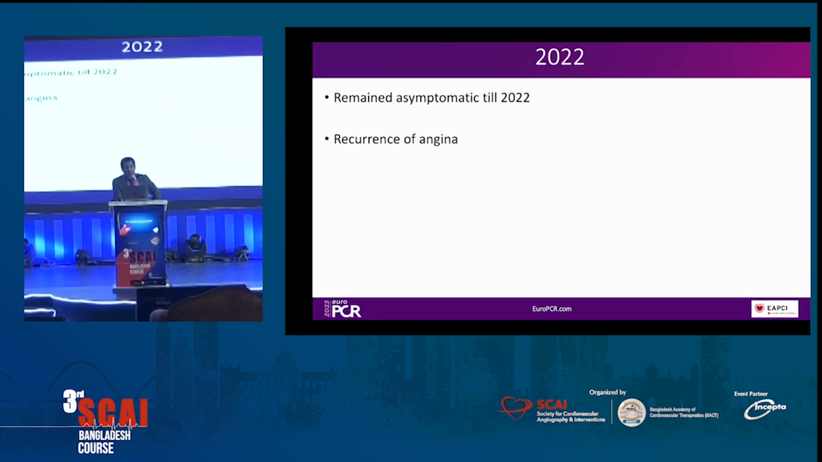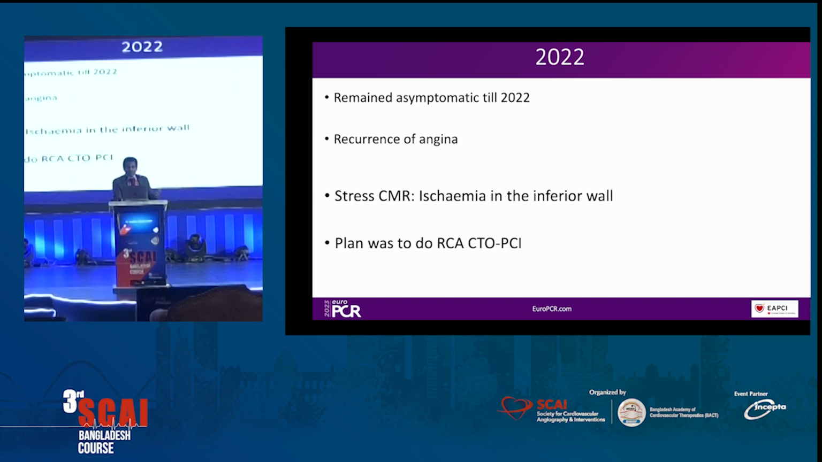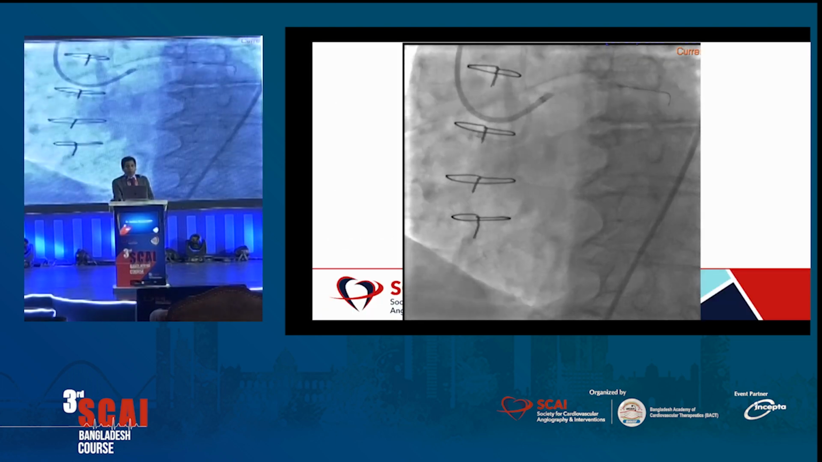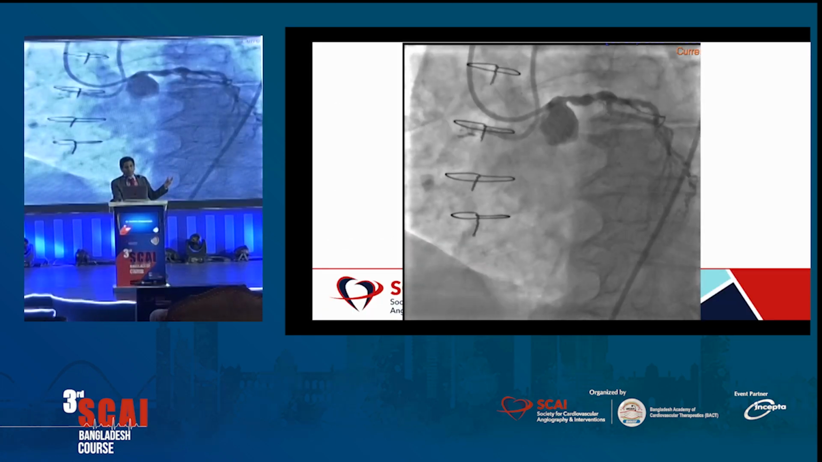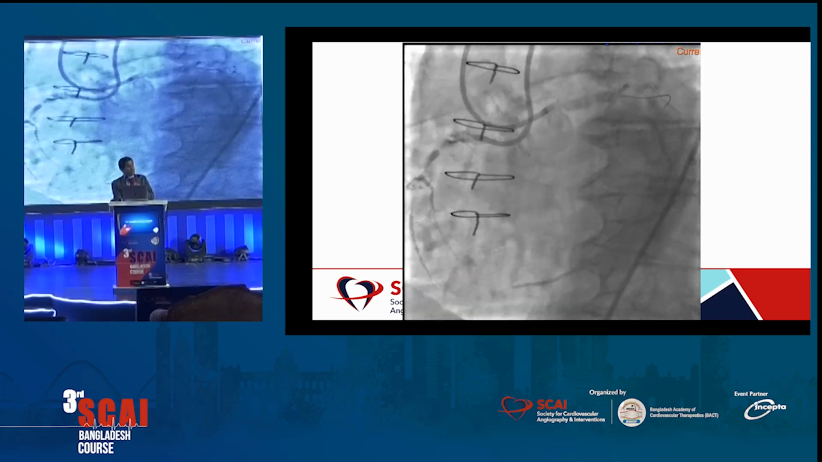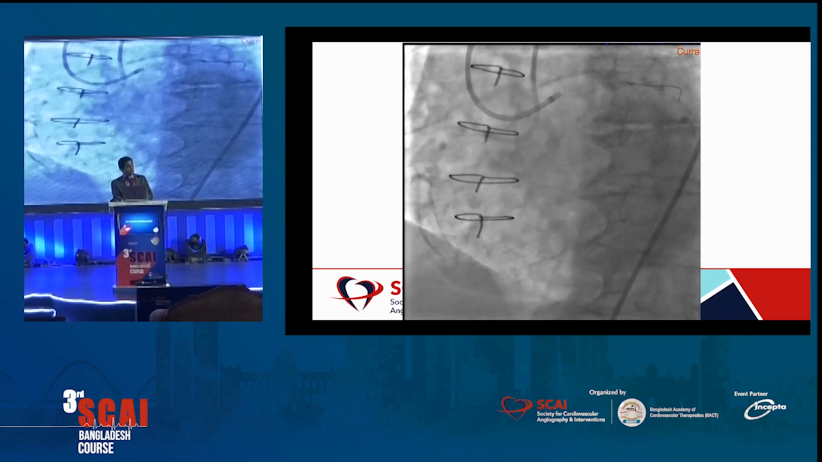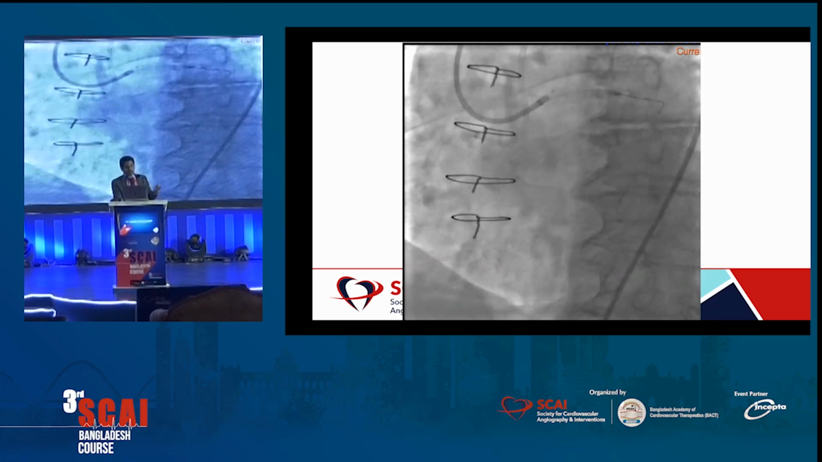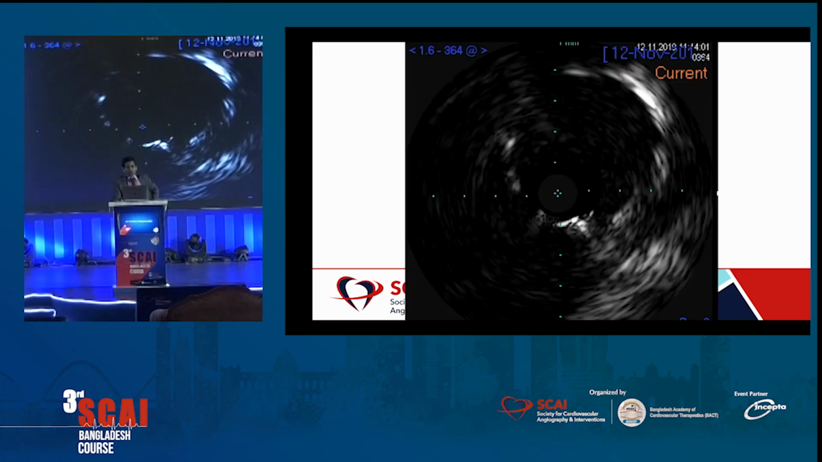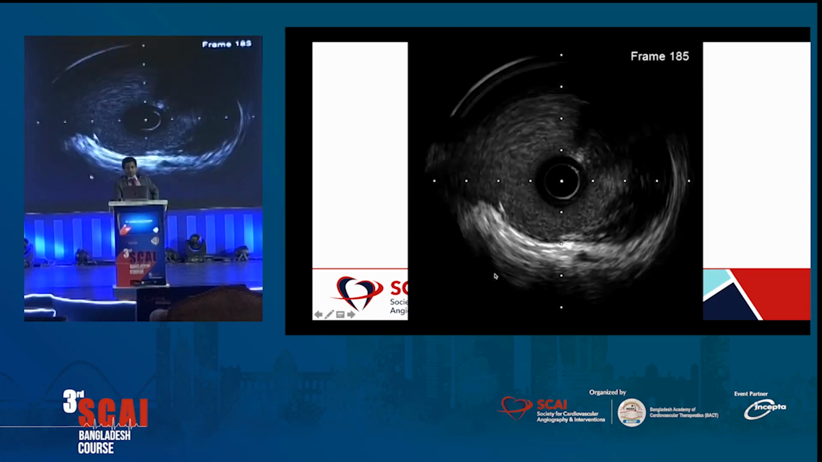But he remained asymptomatic until 2022, but he had recurrence of angina. So we did a stress MRI scan, which showed inferior wall ischemia. So the plan was to do RCA CTO. So we brought him for a dual access RCA CTO, but then we realized there was a compression of the stent in the left main, which was treated in 2019. So we did the IVUS,